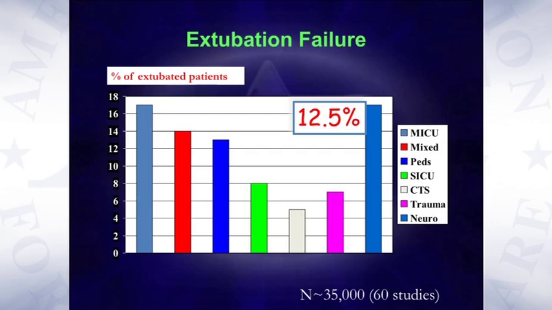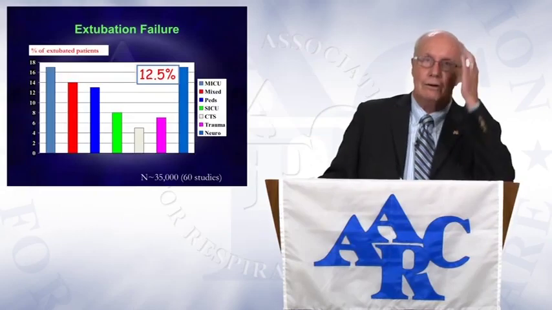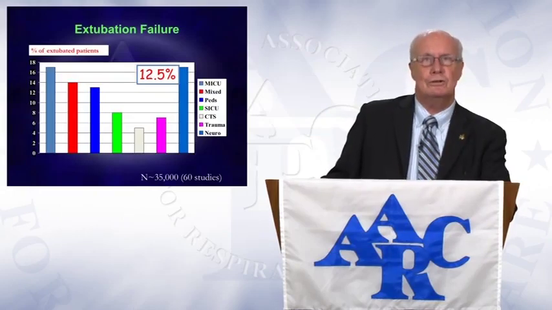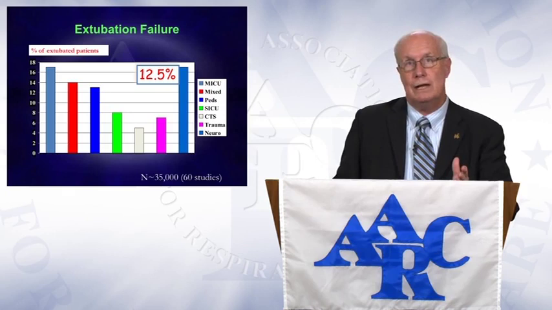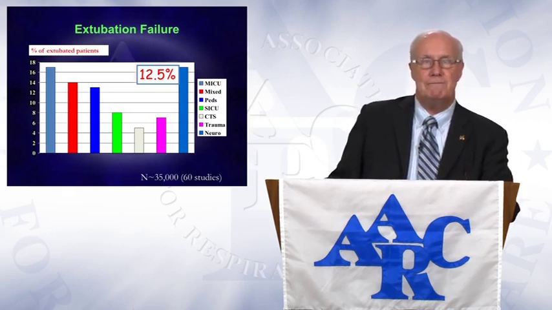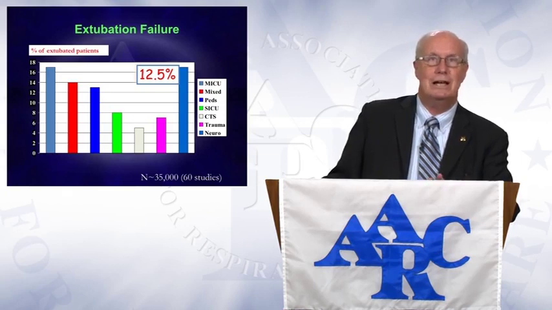The notion is if your extubation rate is really low, your reintubation rate is really low, only, say, 2 or 3% of your patients get reintubated, there are data out there that suggest this is too conservative. You're missing potentially extubatable patients. And of course, the flip side is true as well. If you're reintubating 50% of your patients, next time you want to take a tube out, you might want to take a time out. That's way too aggressive.